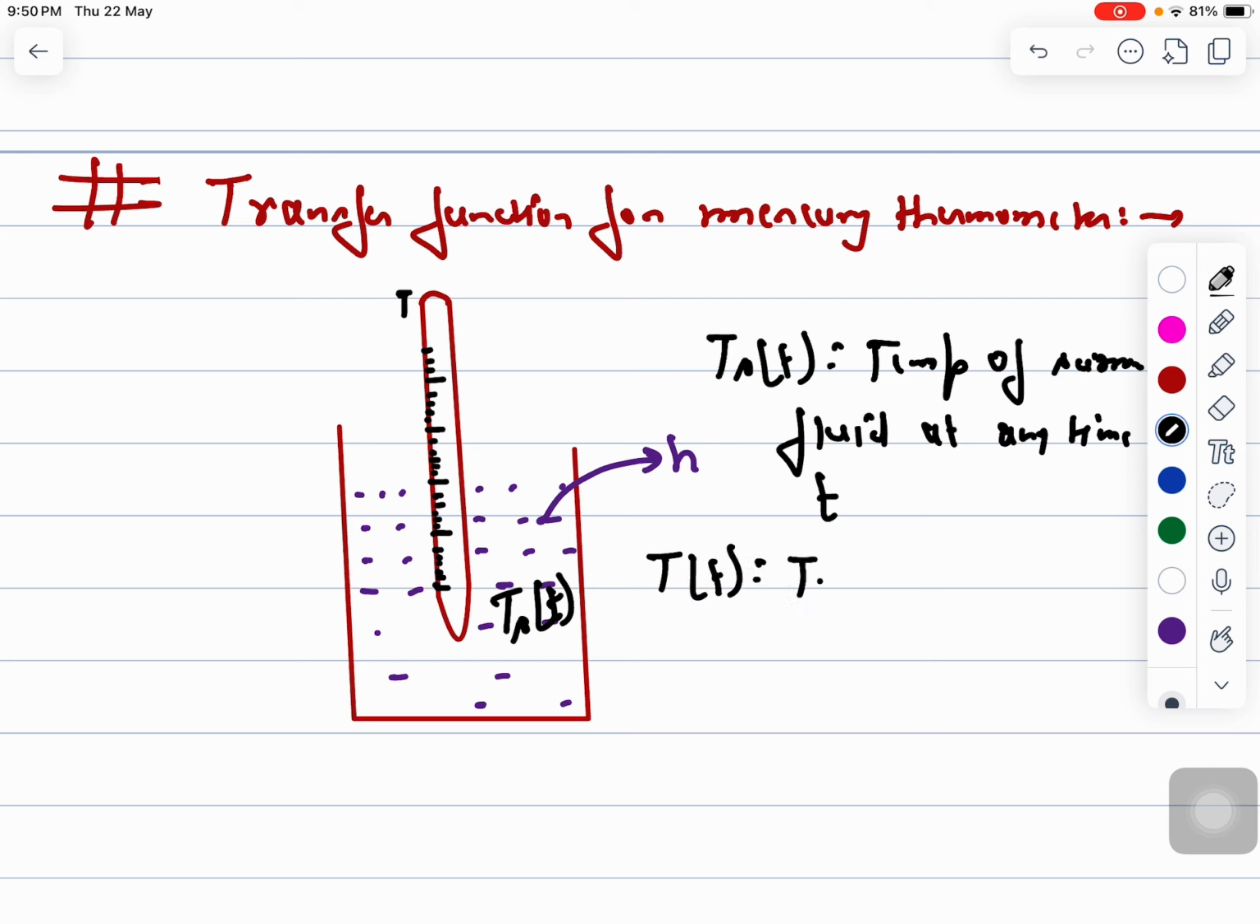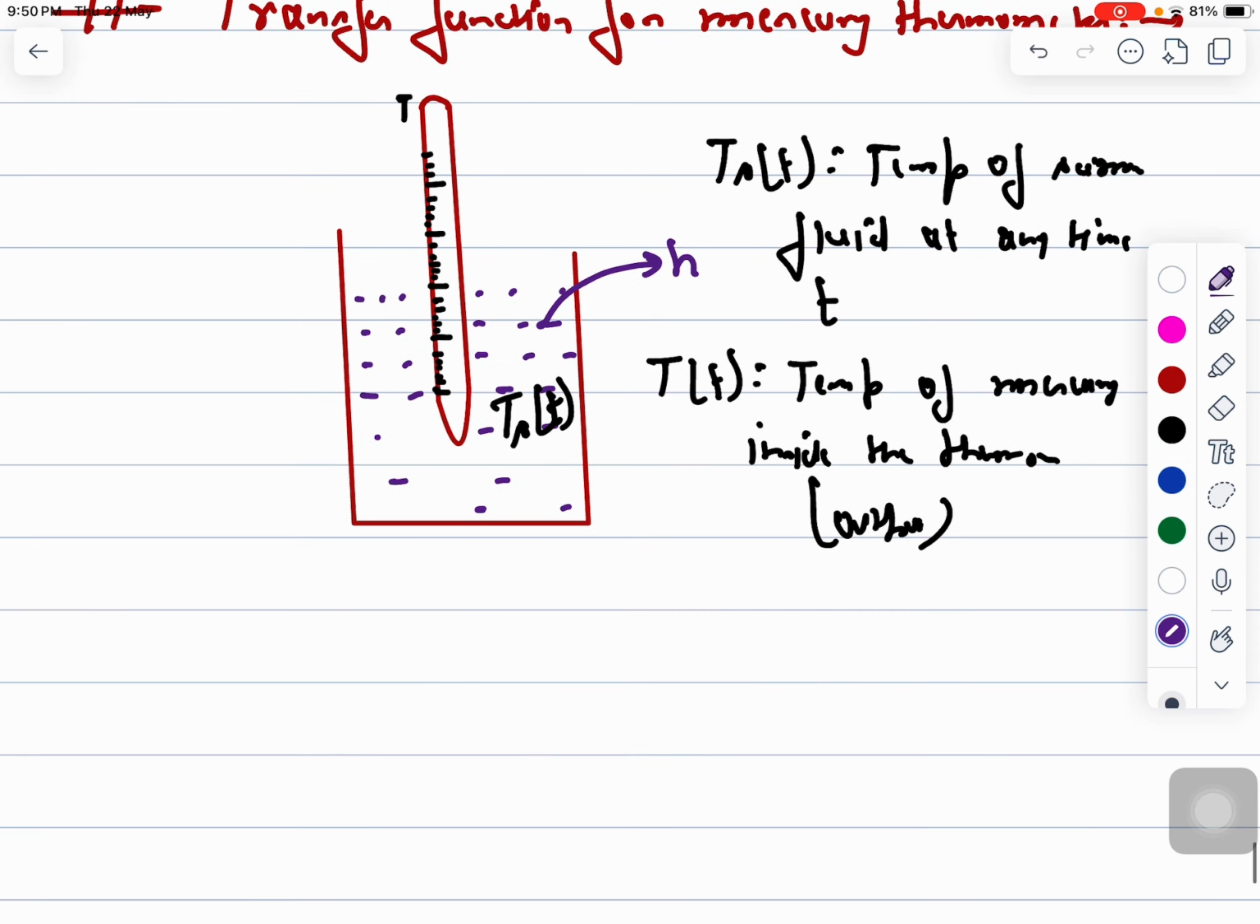That is the temperature of the mercury inside the thermometer, right? And this is your output that we are going to measure. Is that clear? And now if I am assuming m is the mass of mercury,